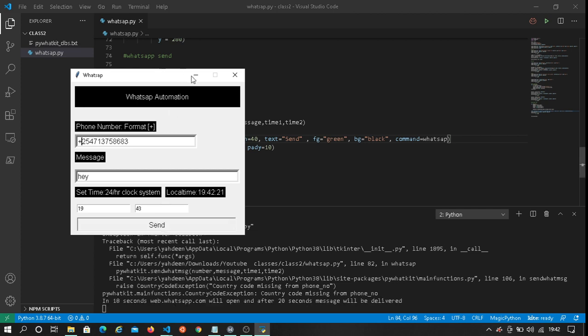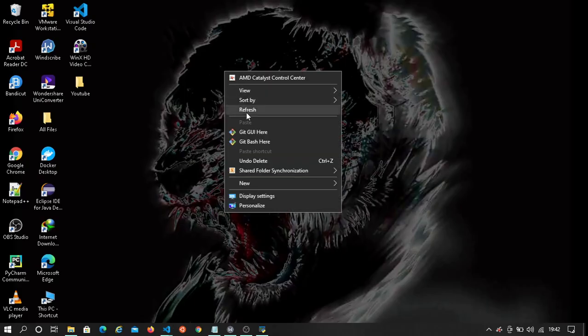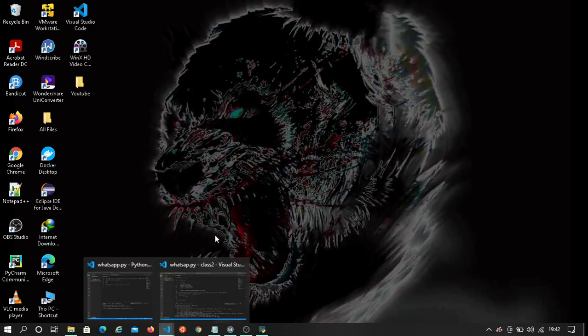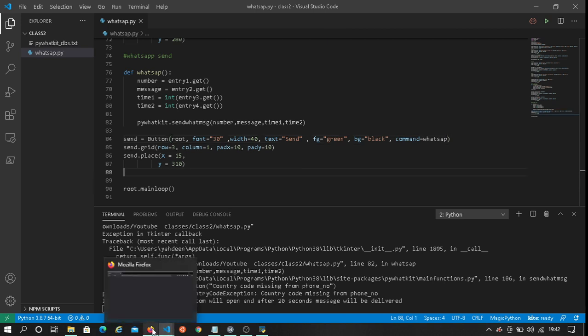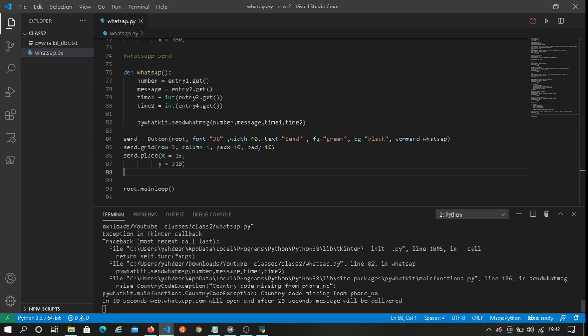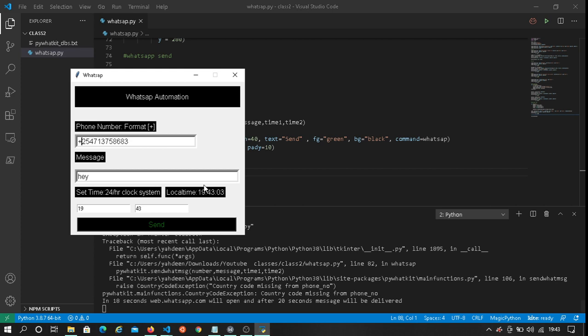Send. Now let's wait and see what happens. Imagine doing this and just leaving it run, continuing with the other things that you need to do, and letting your code do the work for you. So let's see. Let's wait for it to run. It's clearly stated here that the code will run in 18 seconds. So let's hope it runs well.